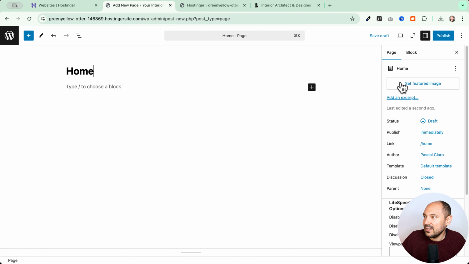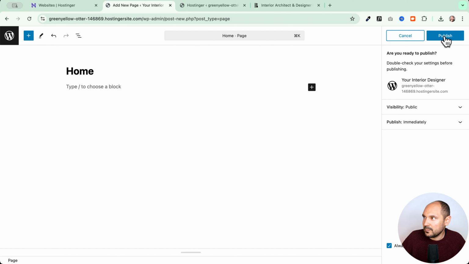Okay, now we can choose a featured image and a lot of other different stuff, but we're going to do this at the end of this course. So this part is going to be dedicated just to the main structure of the website. Let's go and publish this. Let's get rid of this